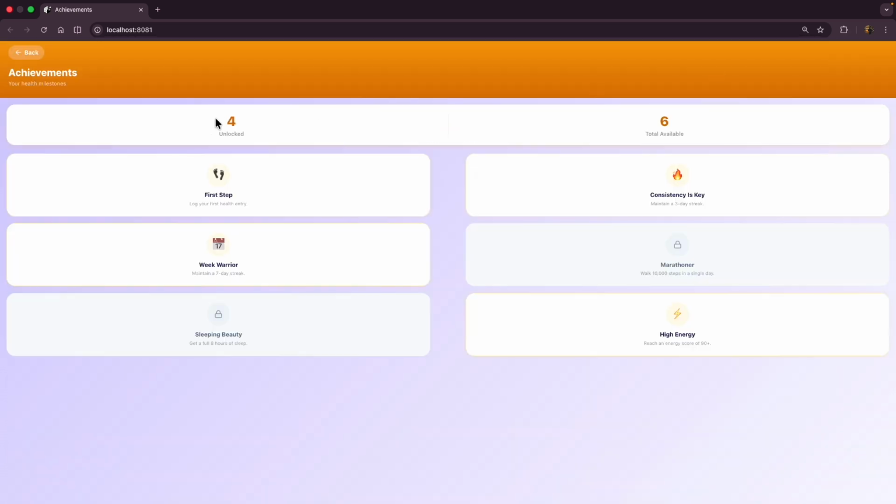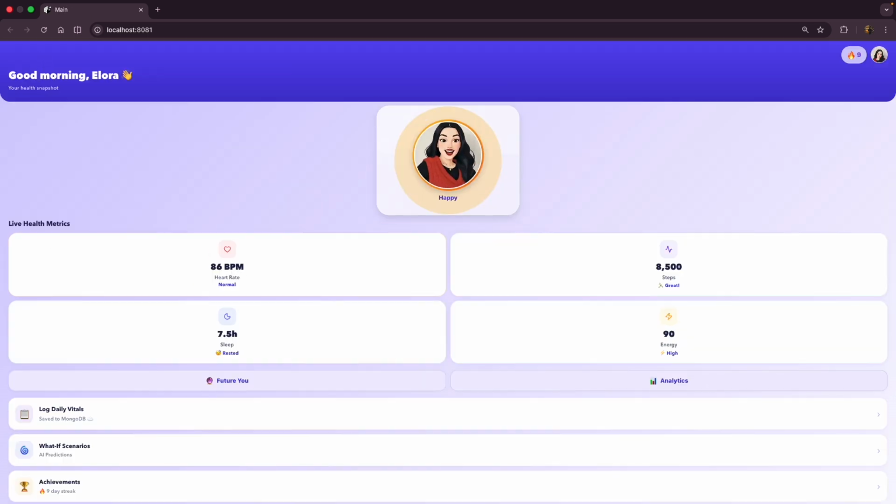And now we will go back and show another feature of our dissertation, which will be the achievement section. This feature adds a lightweight motivational layer through milestones and streaks. Although it is not the main focus of my dissertation, it supports engagement by rewarding continued interaction with the system. And now we will go back and